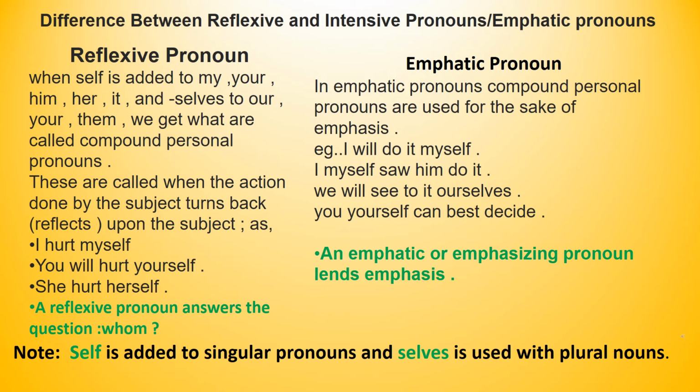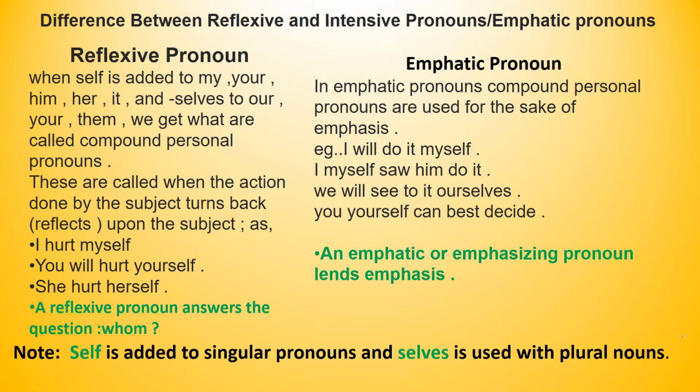Till now we have learned the different types of pronouns, how to recognize a pronoun in a sentence, and the different rules related to the use of pronouns. But still we get confused when we see the same words in the different categories of pronouns. For example, in reflexive pronouns we use myself, herself, yourself, himself. The same way in emphatic pronouns also we use myself, herself, like that. So it creates confusion about how to recognize which one is a reflexive pronoun and which one is an emphatic pronoun. So let's learn about them.